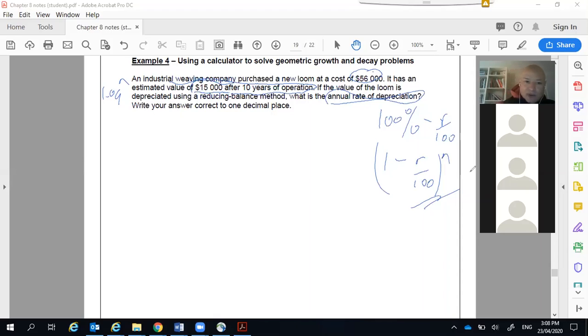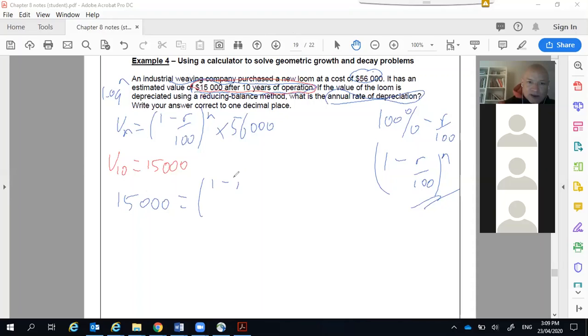Okay, so really our rule would be V of N equals 1 minus R divided by 100, to the power of N, times, of course, the original cost $56,000. They tell us that after 10 years, it's worth $15,000. So the value after 10 years is 15,000. That's what they tell us, so we're going to use that. V of 10 is 15,000